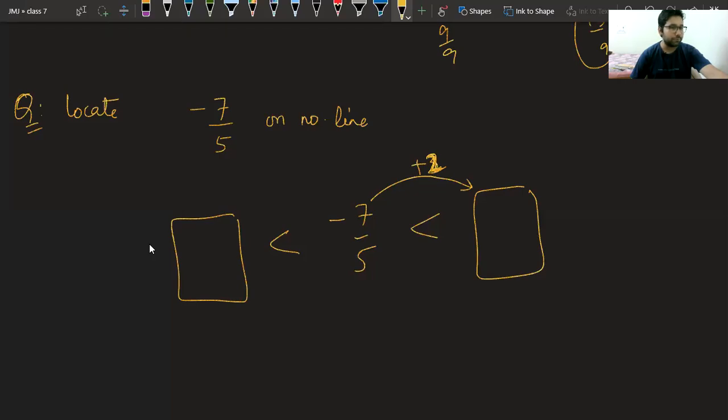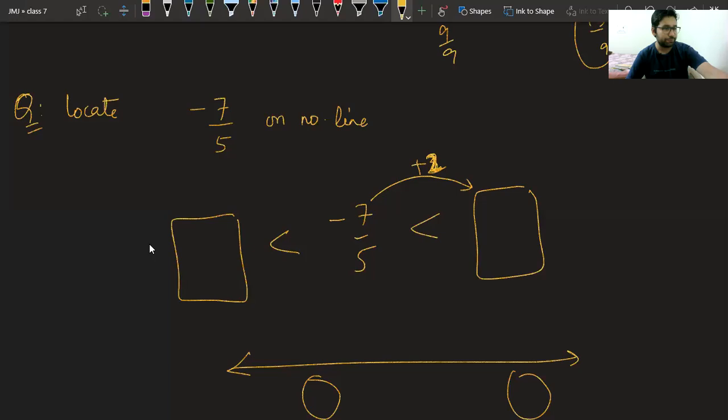Try to understand on the number line. On the right side, we have a larger number. On the left side, we have a smaller number. Try to think like that and tell me what should I add in minus 7 so that I get a larger number than minus 7. Obviously, minus 5, beta. Why are you saying 3? Obviously, minus 5 will work for me. If I get minus 5 upon 5, that is fine for me. If you add plus 3, it becomes minus 4. That is not good for us.